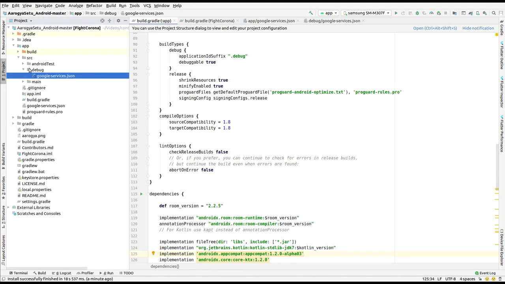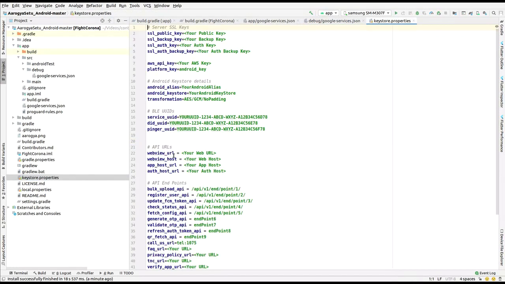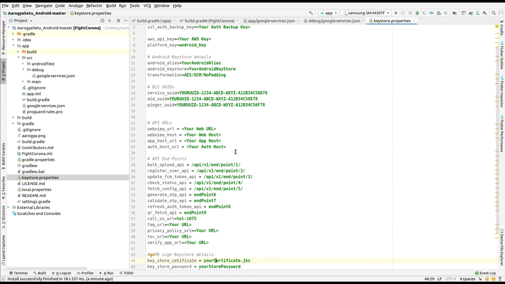So I'll go to projects, and in projects, here is the keystore.properties file. Now here you can see the API URLs, that is what I have to set up, and I'll give some dummy values to the dummy website so that the application can start.